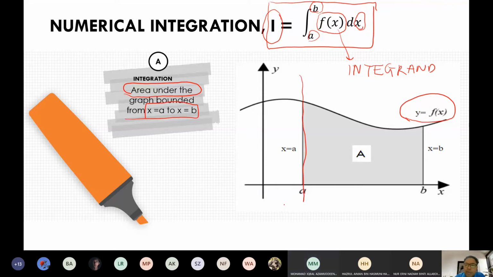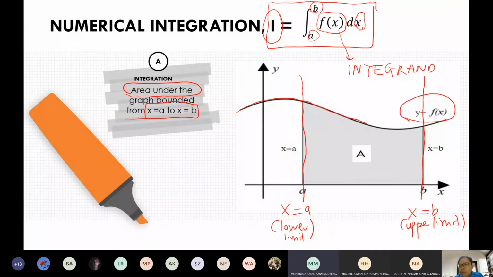So let's say this is your lower limit, x equals a, the lower limit of integration, and bounded by another line that we call the upper limit of the integration. Okay, so the area is bounded by this curve, y equals f(x), as you may see,